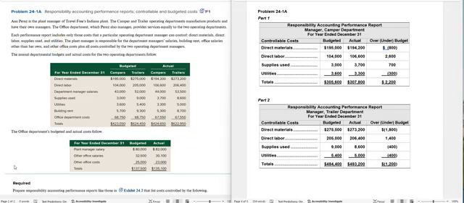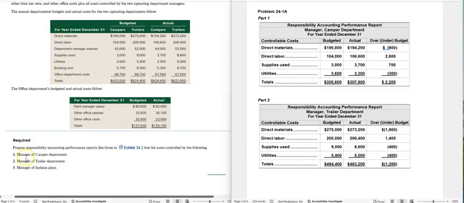Anna, the plant manager, is in charge of those department managers, the camper and the trailer salaries, their building rent, the office salaries, not her own, but others' office salaries, and other office costs. Plus, she's also held responsible for costs that are controlled by the two operating department managers, right? So as a supervisor, you have to be responsible for not just what you directly control, but you're also going to be held accountable for your subordinates, things that they're supposed to control, right? You're supposed to help manage them.